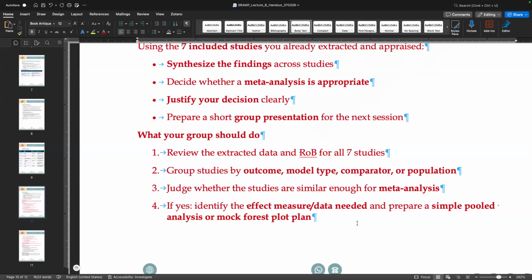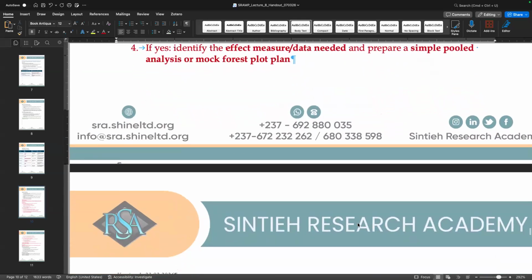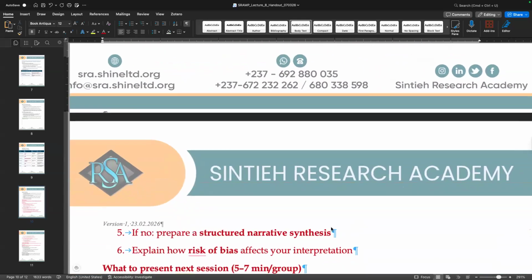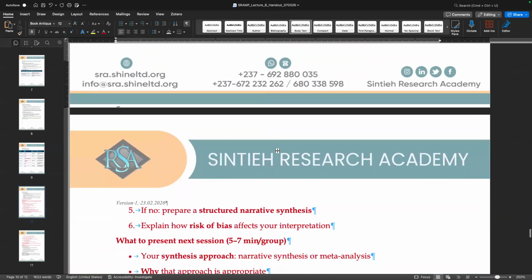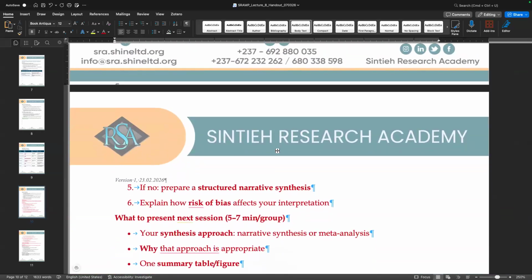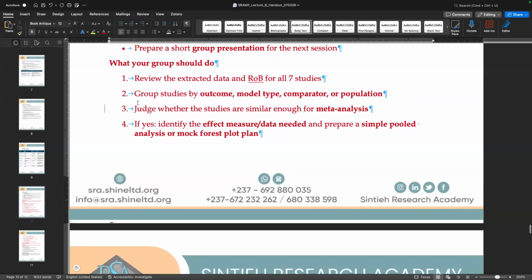So now, from what they are saying, we are clearly answering the question of whether the studies are similar enough for meta-analysis. So is it that the seven studies are clearly not enough, or I don't know. Because you just said you're going to